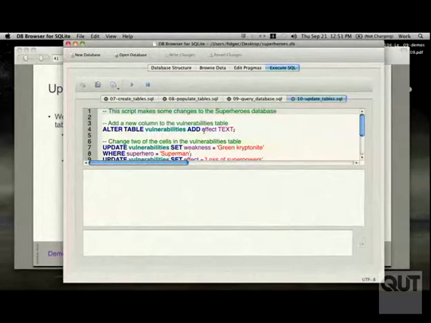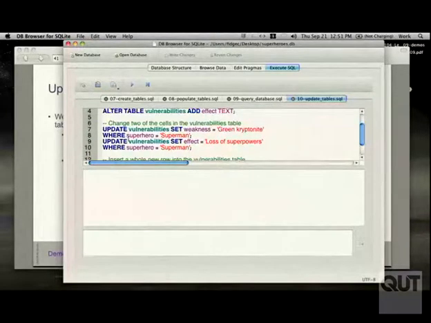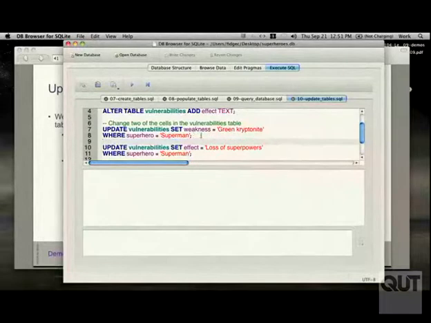So add an effect. What is the effect of the weakness on the superhero? So that's a new text column. So this is another data manipulation language statement, alter table, meaning you can alter the table to add a new column. And there's another pair of update statements here, which say update the vulnerabilities table and set the weakness to